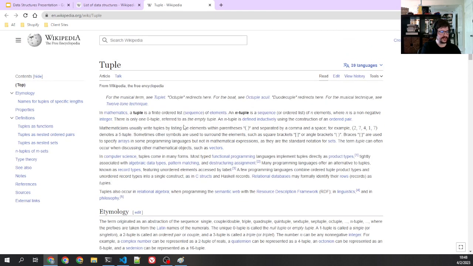But a tuple is kind of like a pair, but it's an n-tuple. So it could be 3 different objects, right? Some languages define those strictly. Like if you have a tuple that's a string, integer, string, then you can't put any other data types into there. What I've most commonly seen tuples used for is if you need to return multiple values from a